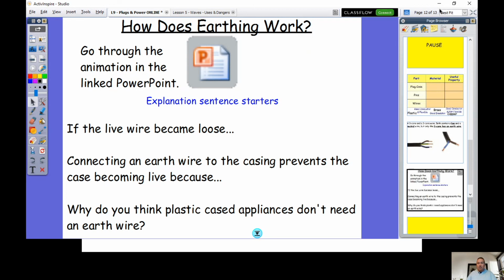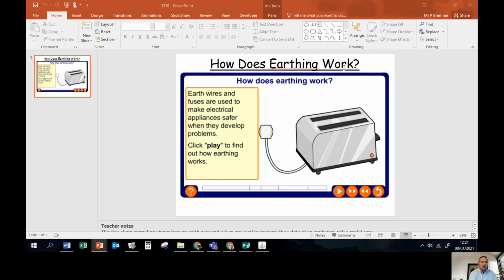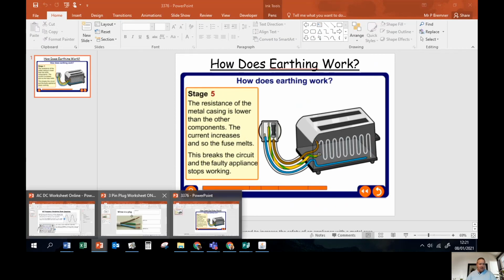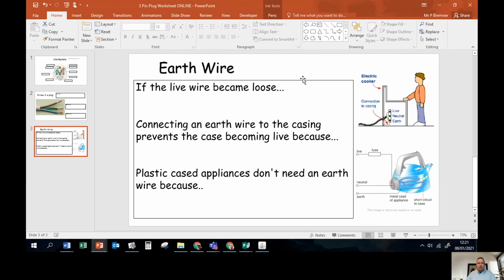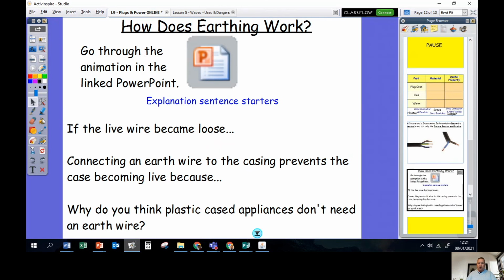And that's your last job on this 3-pin plug worksheet. You'll see the last page on the 3-pin plug worksheet, if I get that up, is actually a little summary about how the earth wire keeps it safe. It's got 3 sentence starters. If the live wire becomes loose, connecting an earth wire to the casing prevents the case becoming live because, and plastic cased appliances don't need an earth wire because. Those 3 sentences to fill in to explain how an earth wire keeps us safe,